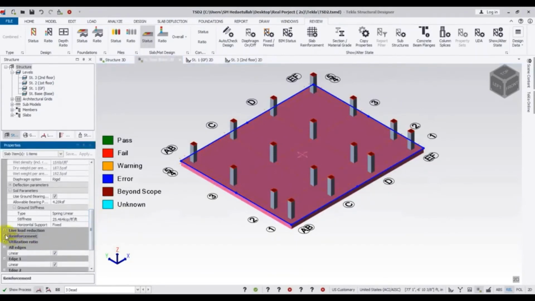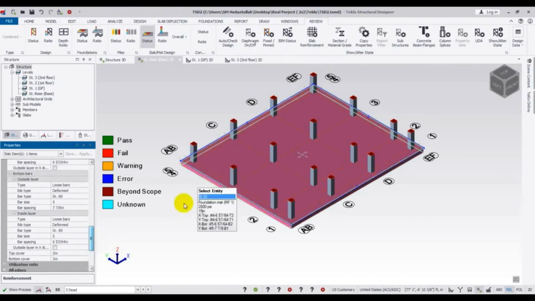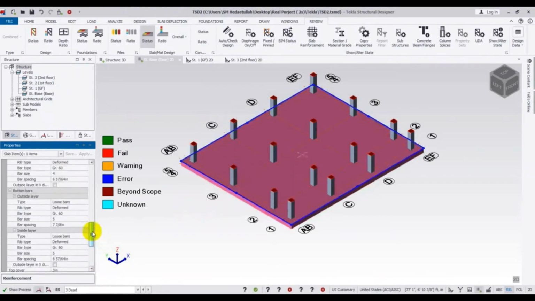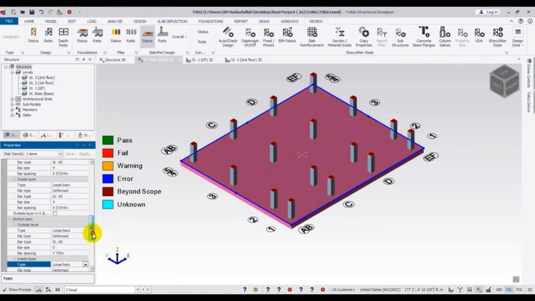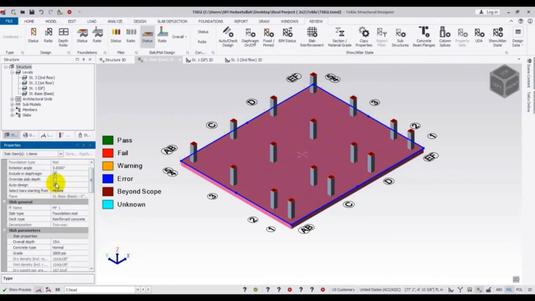here in reinforcement. Okay, so I'll come here, bar spacing. Here is the bar spacing in X direction, number 4 bar, and bar spacing in Y direction. Here it's showing us the required reinforcement. We have provided some reinforcement here, but this reinforcement is more than our requirement. Okay, so if I come here,